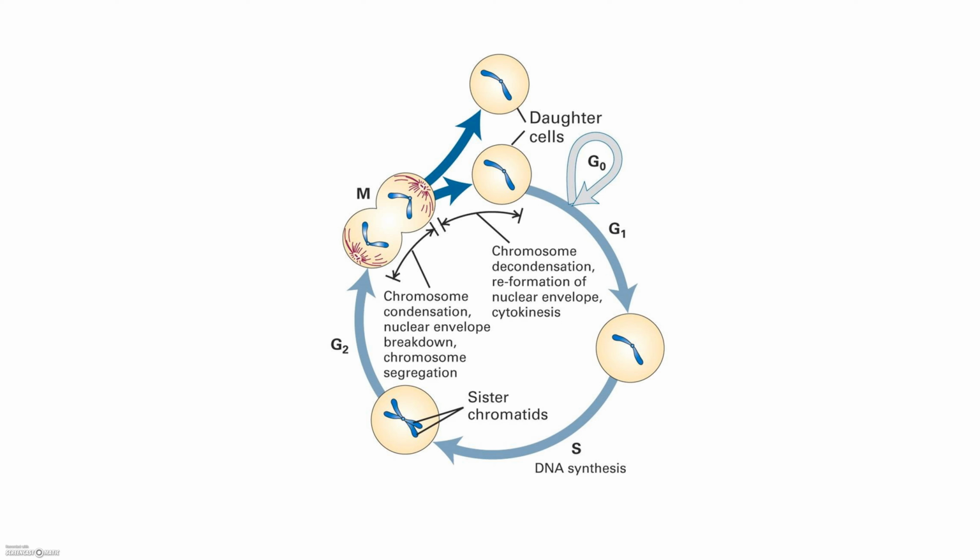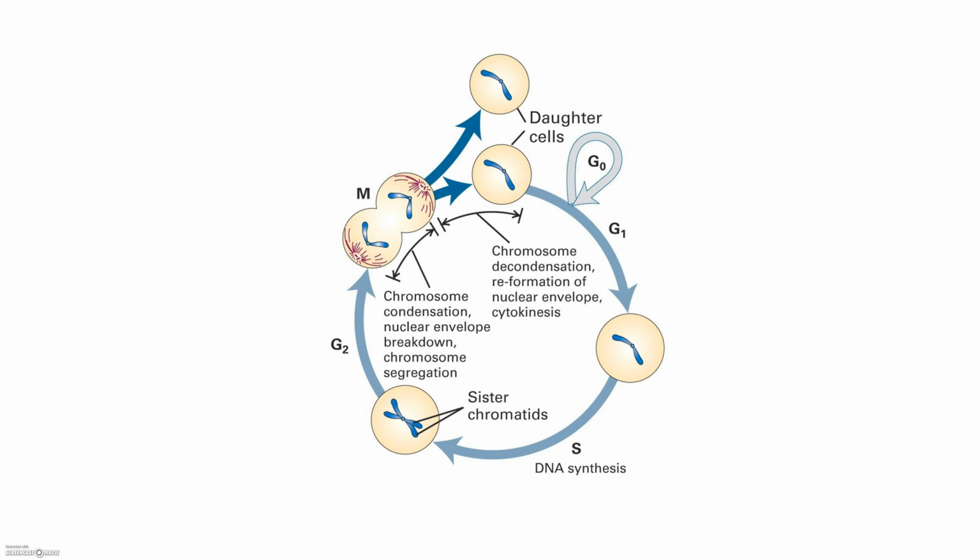So S phase is really easy to remember because it stands for synthesis. And synthesis you can immediately associate with DNA. So this is when the DNA actually replicates in the cells. And this is an oversimplification of what is actually happening in the cells. In the cells, not only one set of chromosomes replicate into sister chromatids, but actually hundreds of thousands of